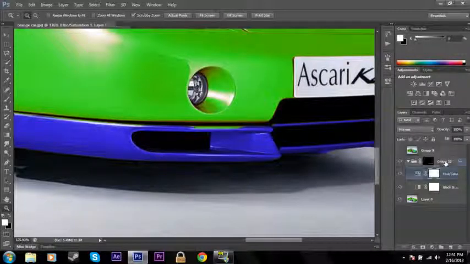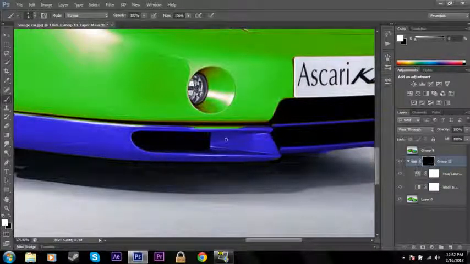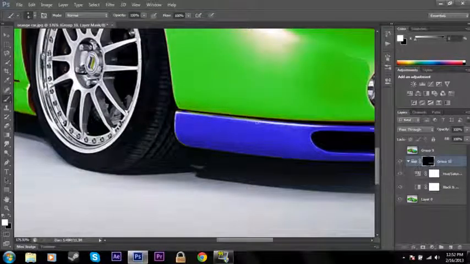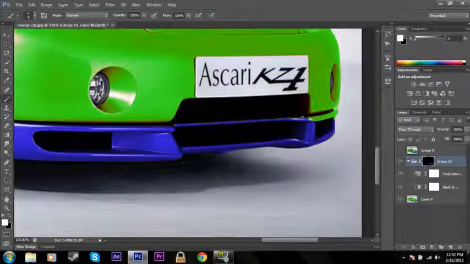So click on this group right here where the mask is, take out your brush tool, you can hit B to get there fast, and down here you'll see your foreground and background colors. White will be your foreground by default and black is your background. You can change the background and foreground by hitting X. If you have your foreground selected, which is white for me, you can add to this mask by just dragging your brush tool over what you want to be included in the mask. So this way you can easily refine your mask and make the entire bumper blue without leaving any traces of green or orange. So I'll just go ahead and do that, nice and quick,